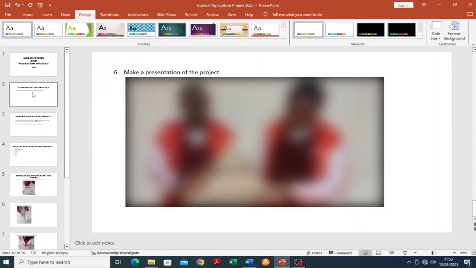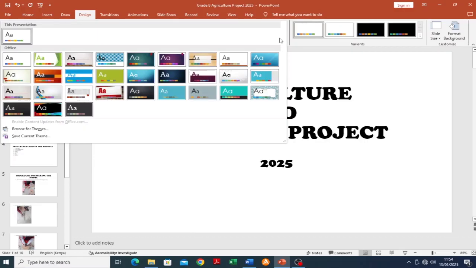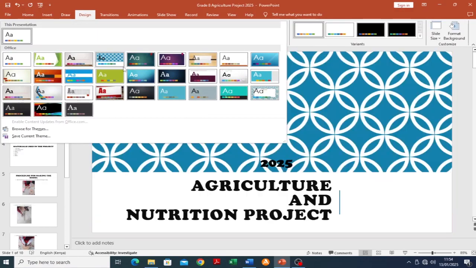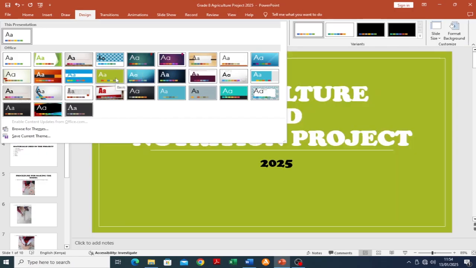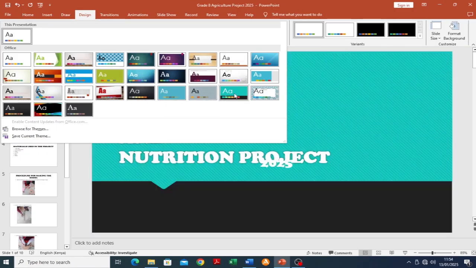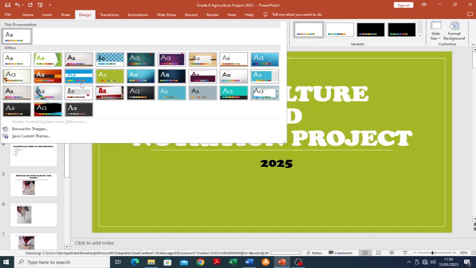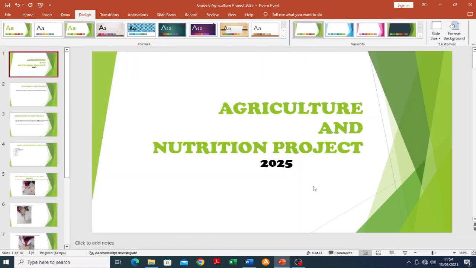So you can just hover or move the pointer over each one of them so that you see the one that you desire. When you have the one that you desire, you can just click it, and then it is going to be applied. You can always change it. If you don't like it, you can always go back to the design and choose a different one. This makes our slides become